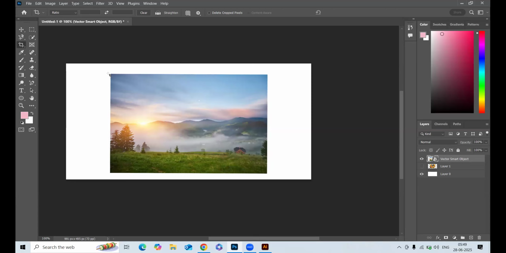Okay, so it is used for things like this. I hope you understand these two features, the ratio part I have shown and this straighten. Clear means I have cleared. I am back to my normal tool now. I'm on the crop tool, but I'm not using any features. Okay. Now,